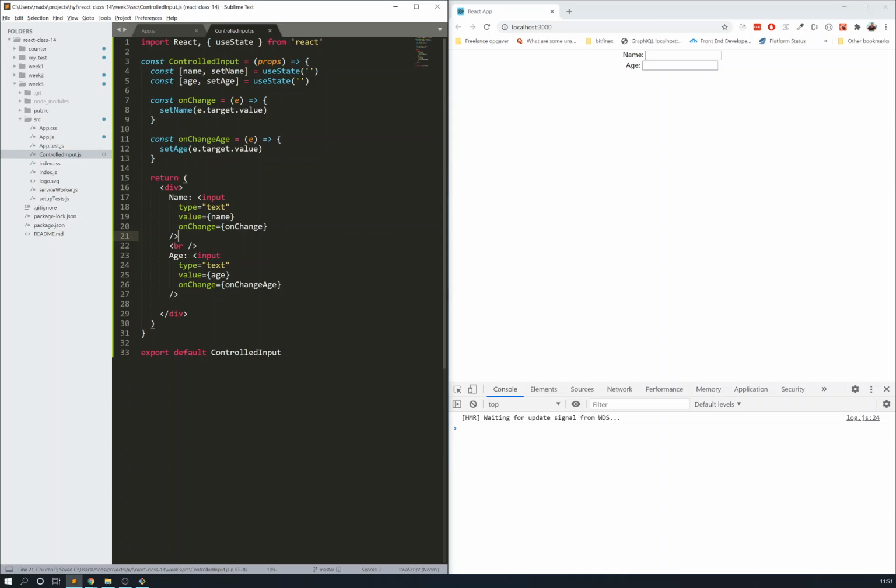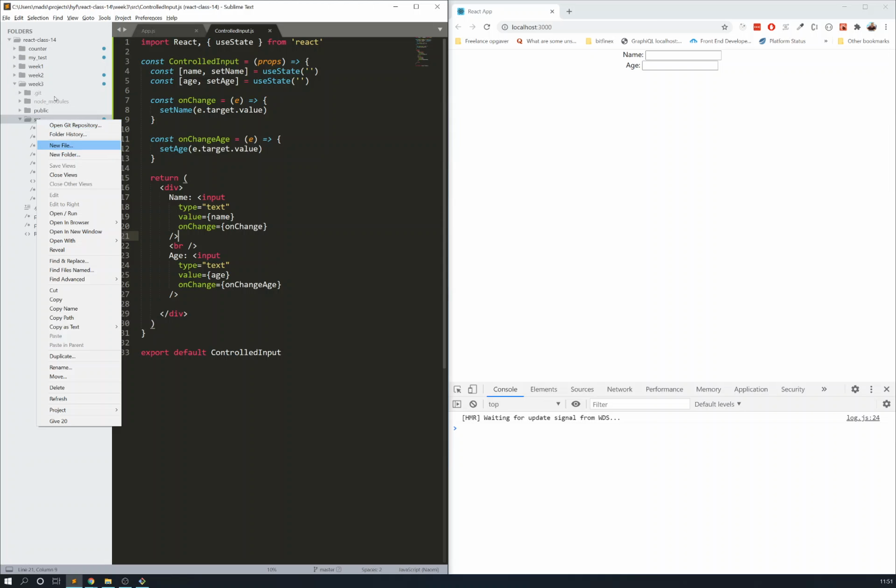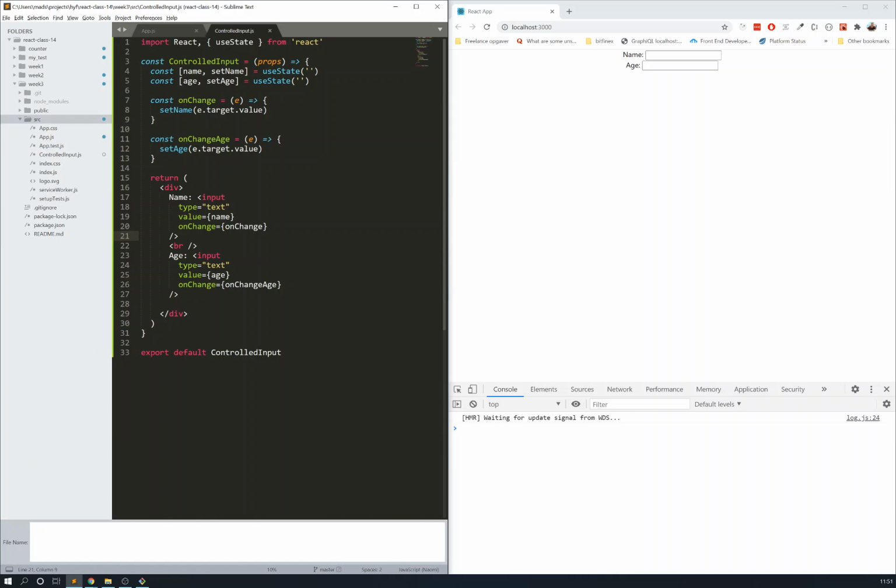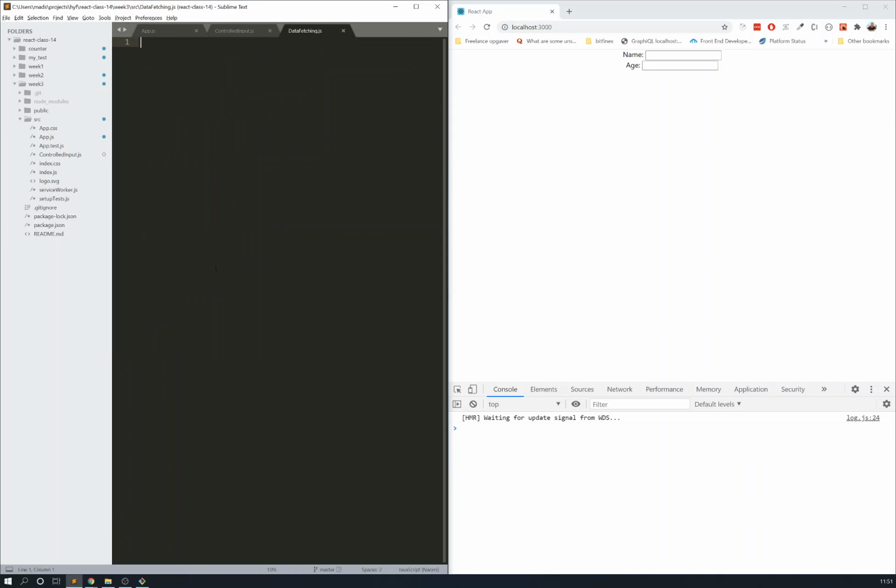And then we're going to talk about data fetching. So I'm going to make a new component. I'm going to put this code up after this video. So let's make a new component called data fetching. So we're going to do the same thing. I'm just going to import React and just create the core component here. Data fetching. We're going to make our props here, and we're going to return something. Div, and I'm just going to say I want to fetch something. I'm going to export default,